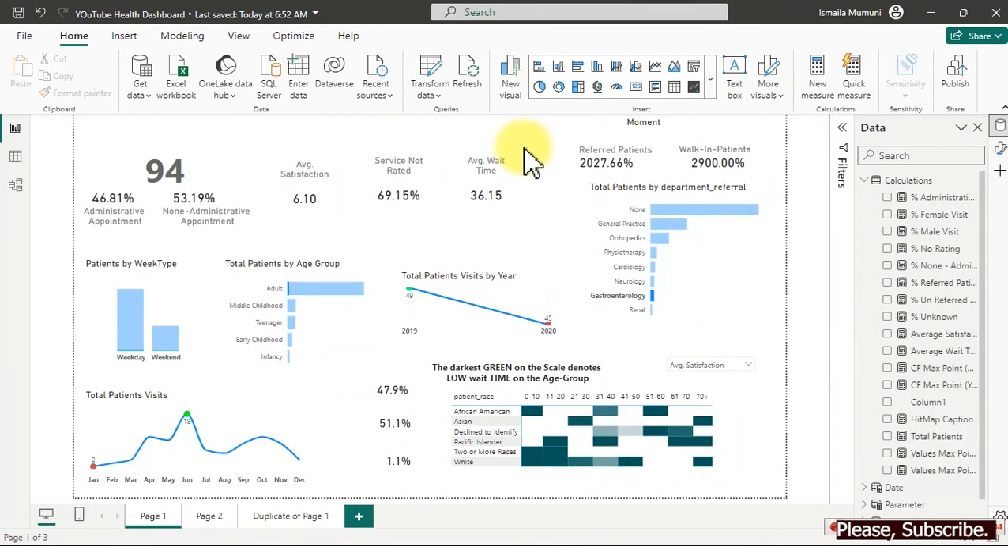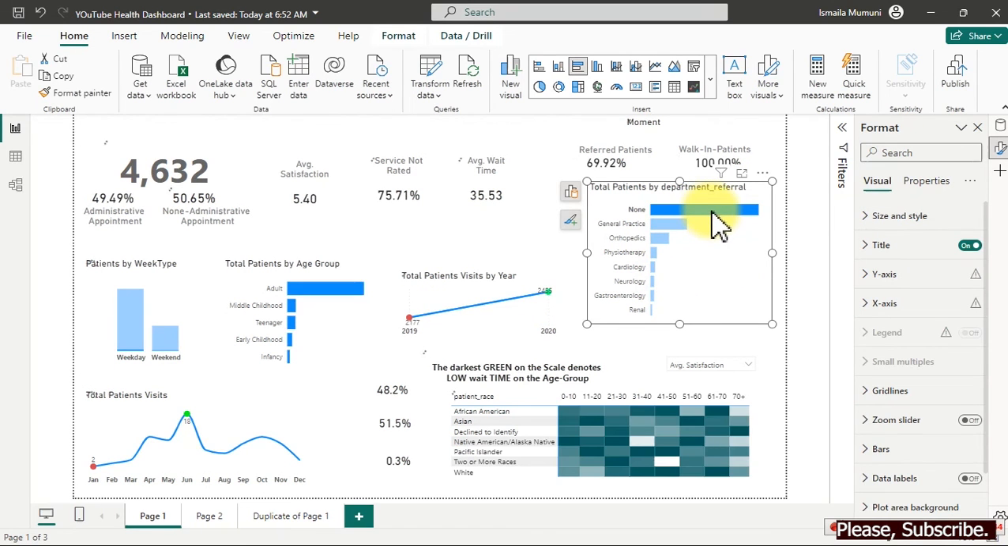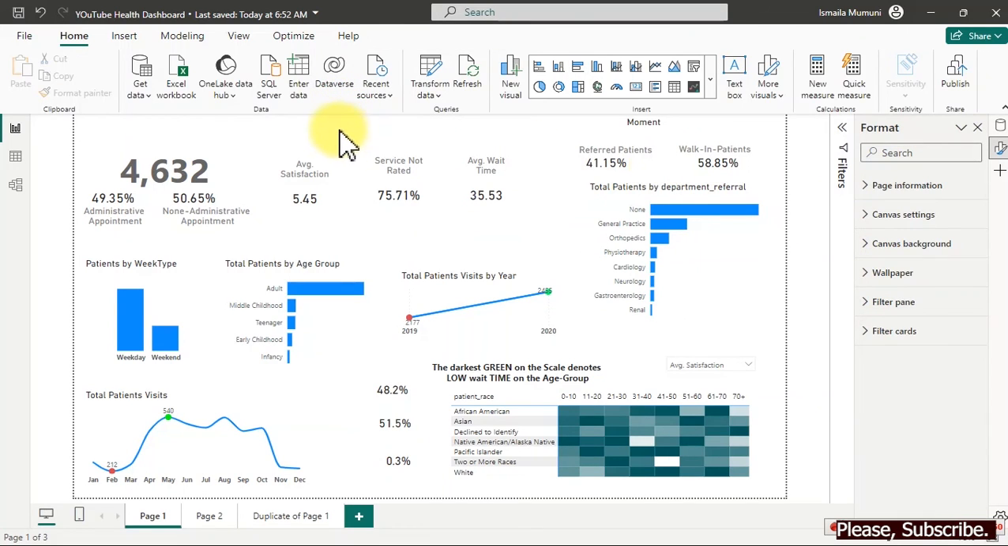All right, we are right here on our Power BI desktop. Click on your format. Once you've clicked on your format, make sure you don't have anything selected like charts. Don't select any chart right here. Just leave it the way it is. If you select a chart, what you see here will be different. So if you select nothing, just click on the empty canvas, then you're going to see this option right here